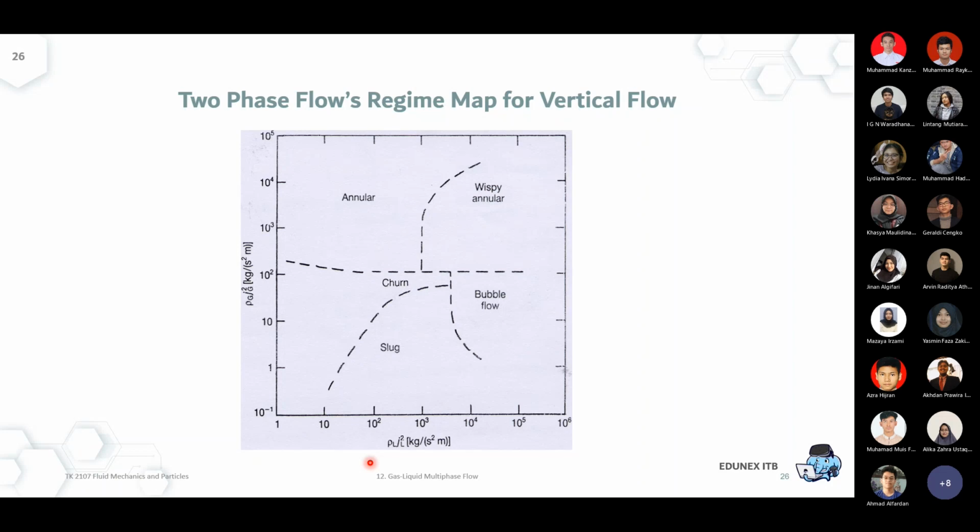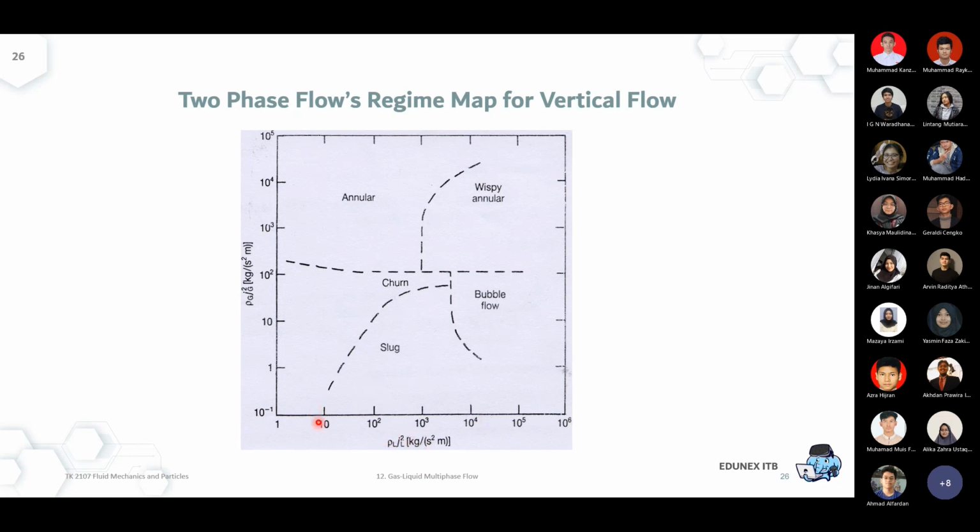Okay, so based on this understanding, it's common to express the flow regimes in a flow regime map. For example, this is for a vertical flow. That's why what you probably find over here is only 5 regimes instead of 7. Sorry, usually we start from the bubble up until the annular, and the transition would be either wispy annular, churn, or slug. So once you calculate the superficial velocity multiplied by the density, that will give you this unit.